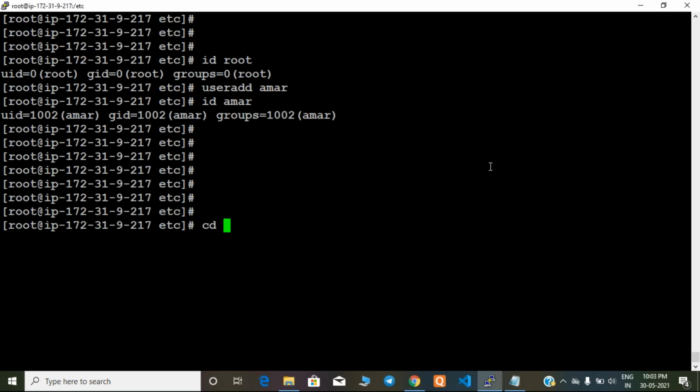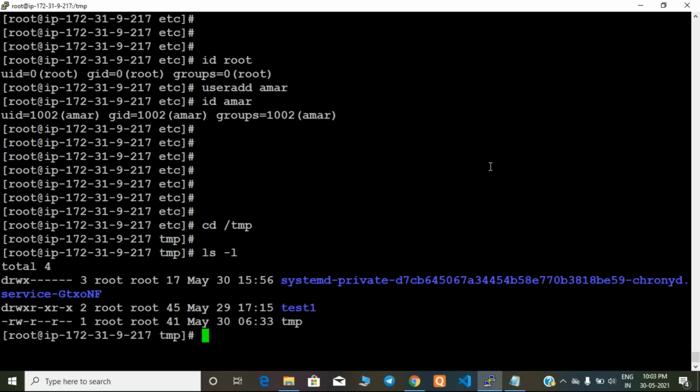So let's go to tmp. For example purposes, I'm creating in the tmp folder, guys. Okay, here one more thing. First of all, how can I identify whether it is a folder or a file? Because for files, we can use the cat and vi commands. If it is a folder, we can use mkdir, or to open it, the cd command. But how can I remember whether it's a folder or a file? Simple, guys. The very first field, by checking the properties.